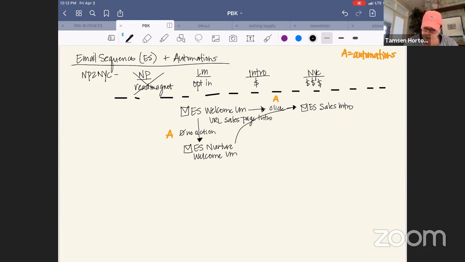The entire purpose of this is to get them to buy the intro offer. Here, the purpose was just clicking. Click was the purpose. Now the purpose is buy.